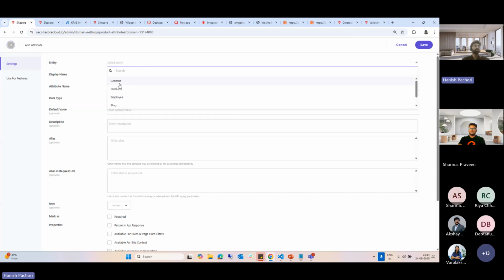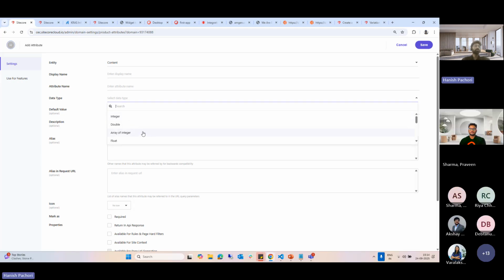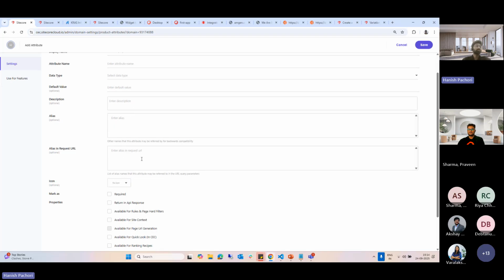As I mentioned, we have to select the entity first, provide the name of the attribute, then select the data type. From your source where you are fetching that information, the data can be in any format; it's not possible that it will always be just a string. So we can select the appropriate data type based on which we are getting the information. Like in JSON, maybe we are getting an integer or float value. Based on that, we can select the appropriate data type here, and provide some general information, descriptions,